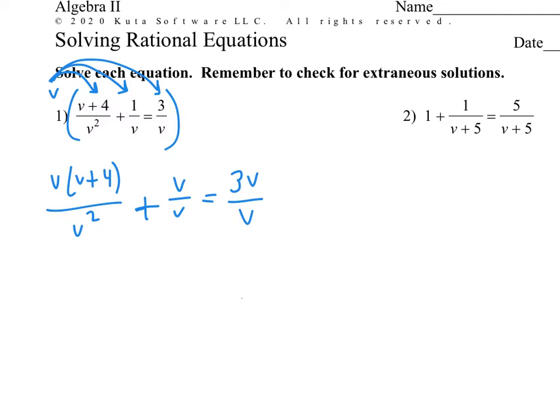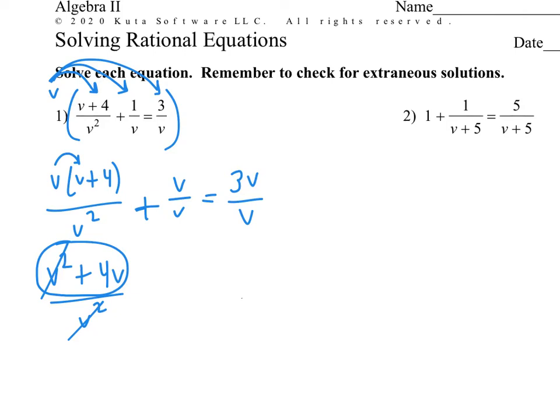Then they actually distributed this v times that v and got v squared, and then somehow canceled the v squared in the denominator. Something like v squared plus 4v. I saw a couple people do this, and they canceled the v squareds here. You cannot do that. That doesn't work. The reason it doesn't work is because the numerator, as written here, is v squared plus